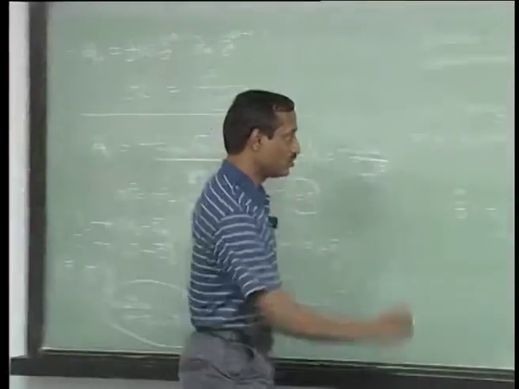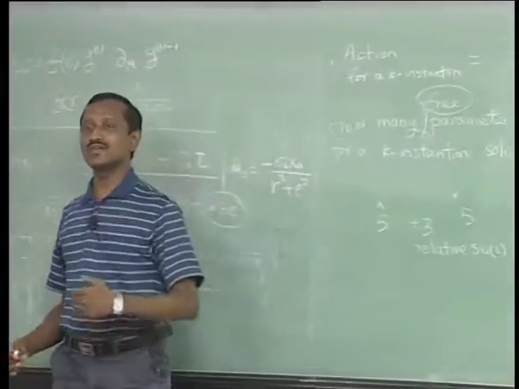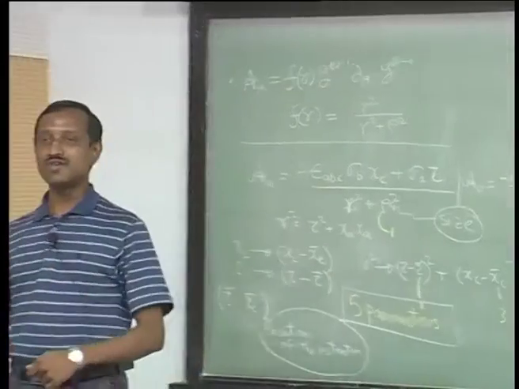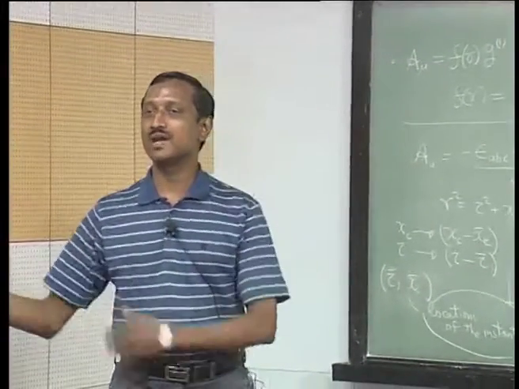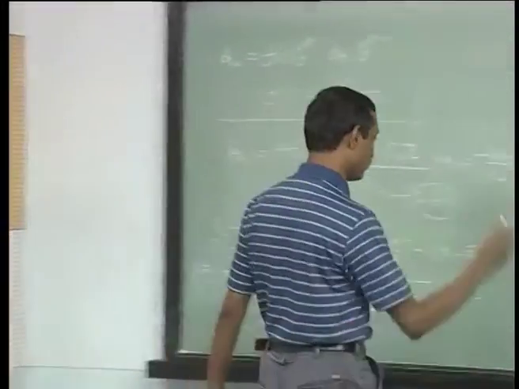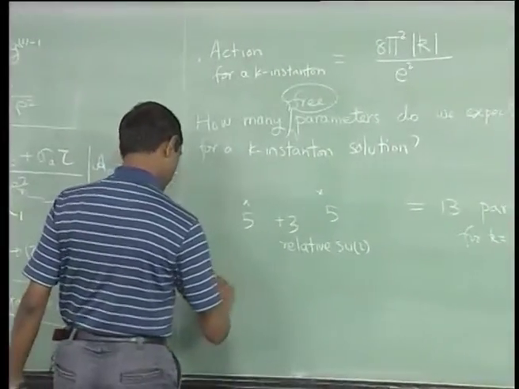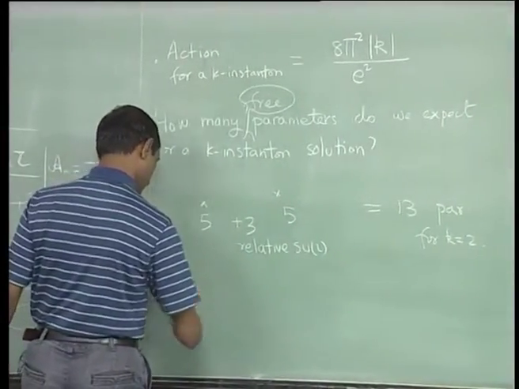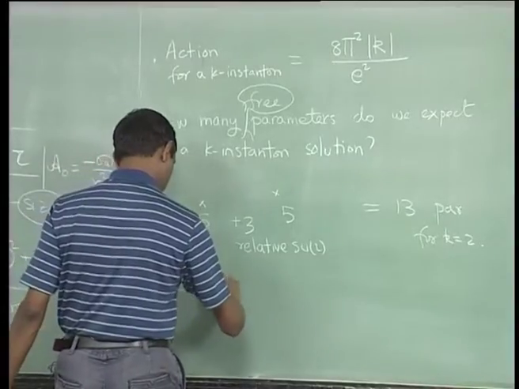Okay. So, you can see that that is kind of fruitful because when we talk of k instantons, for every instanton we will count 8 and then you subtract a 3. Okay. So, the claim based on this is that the number of parameters